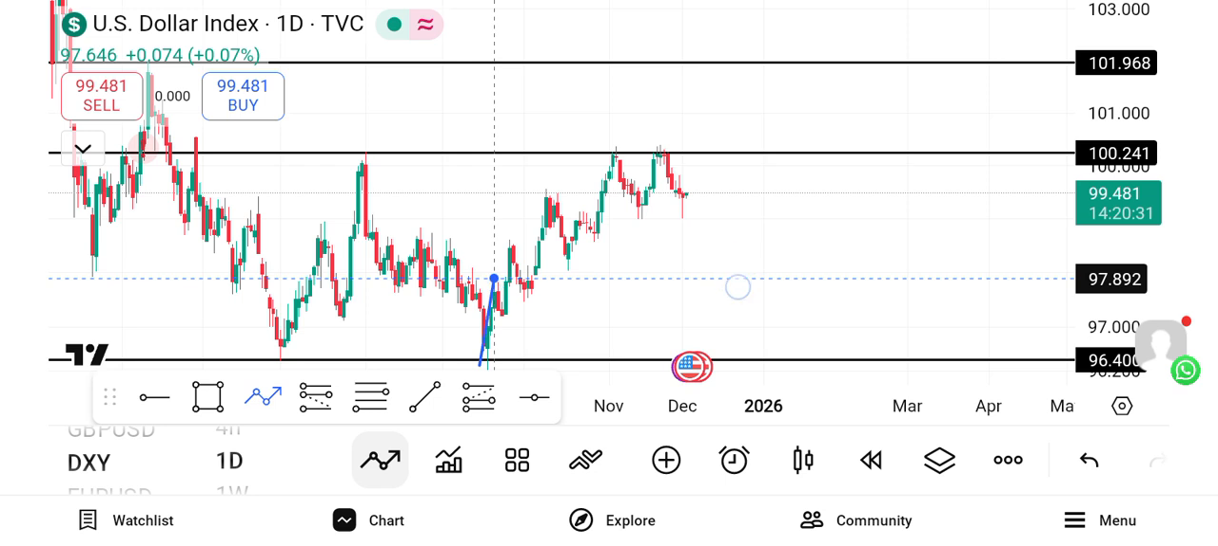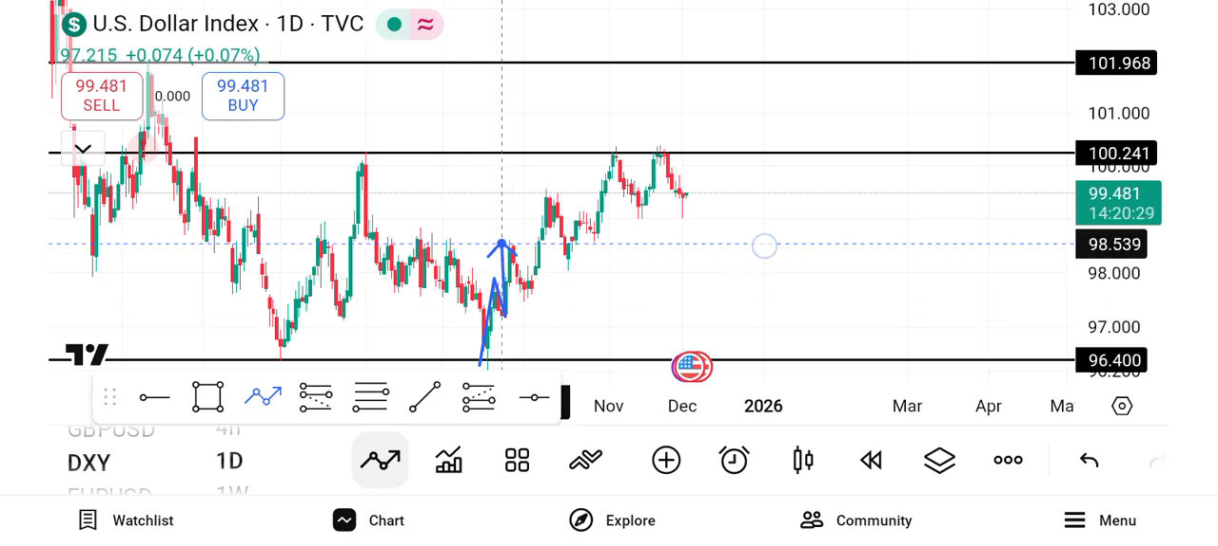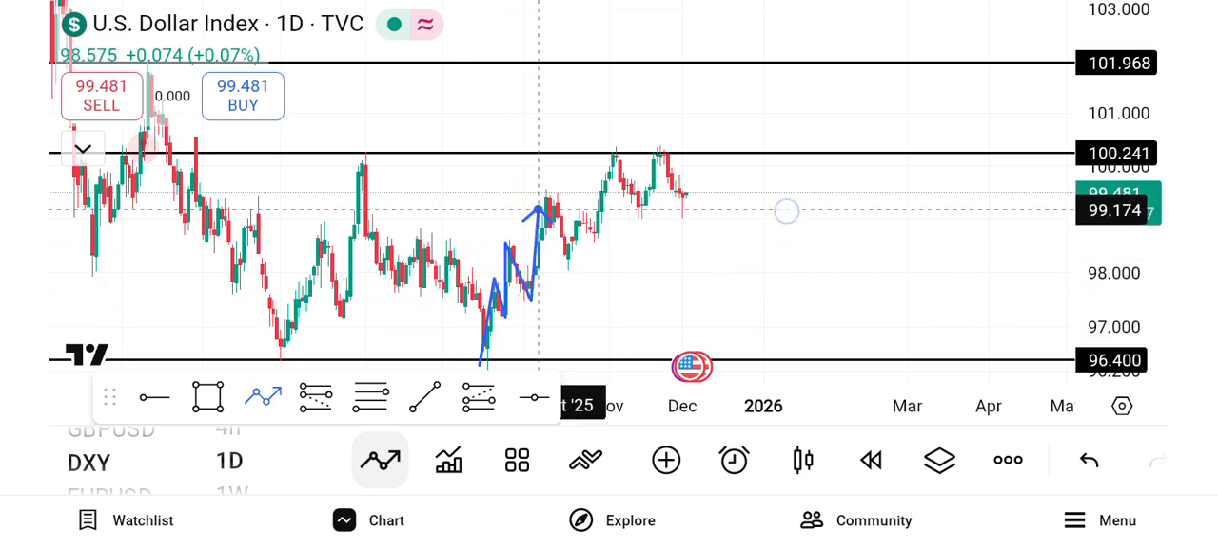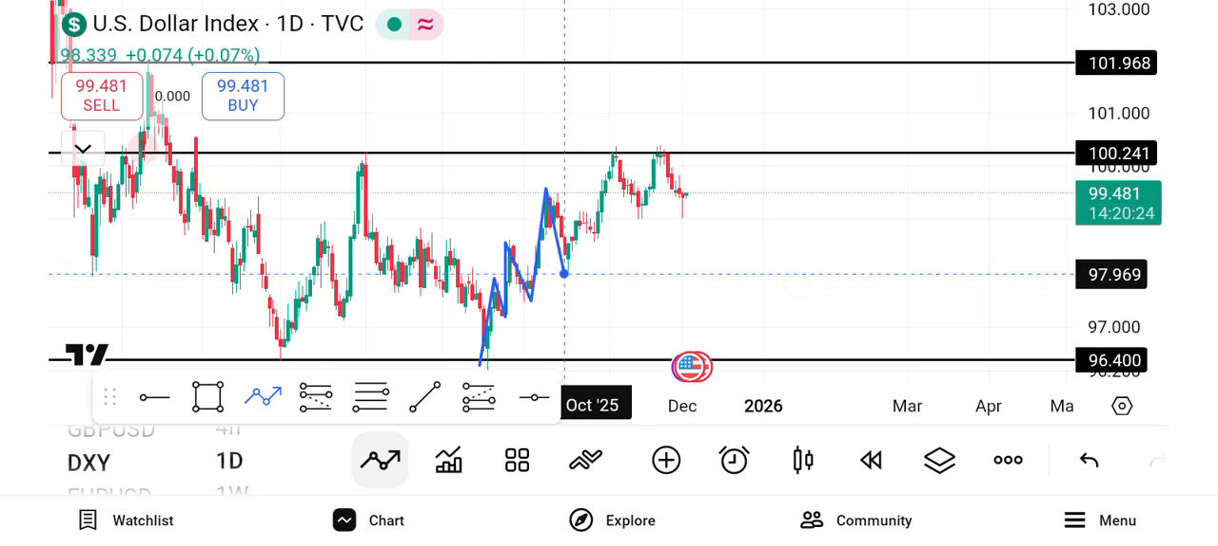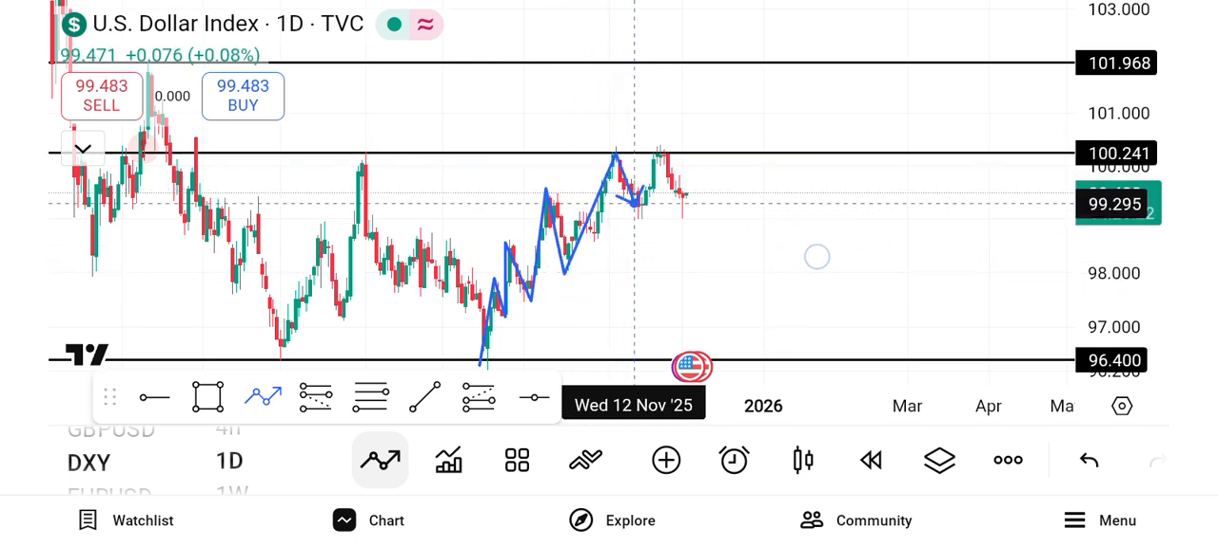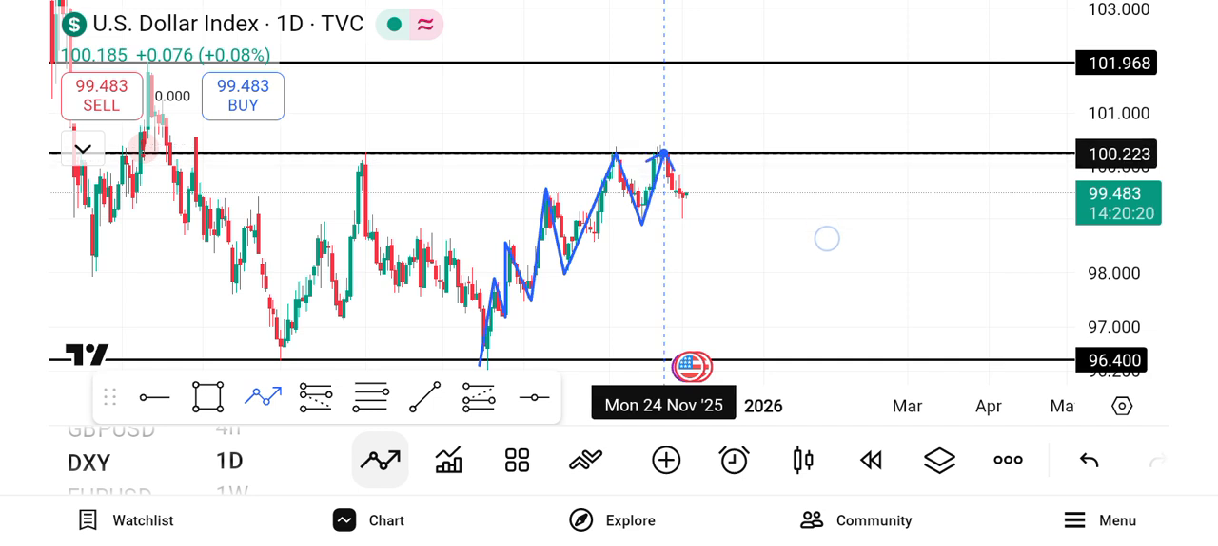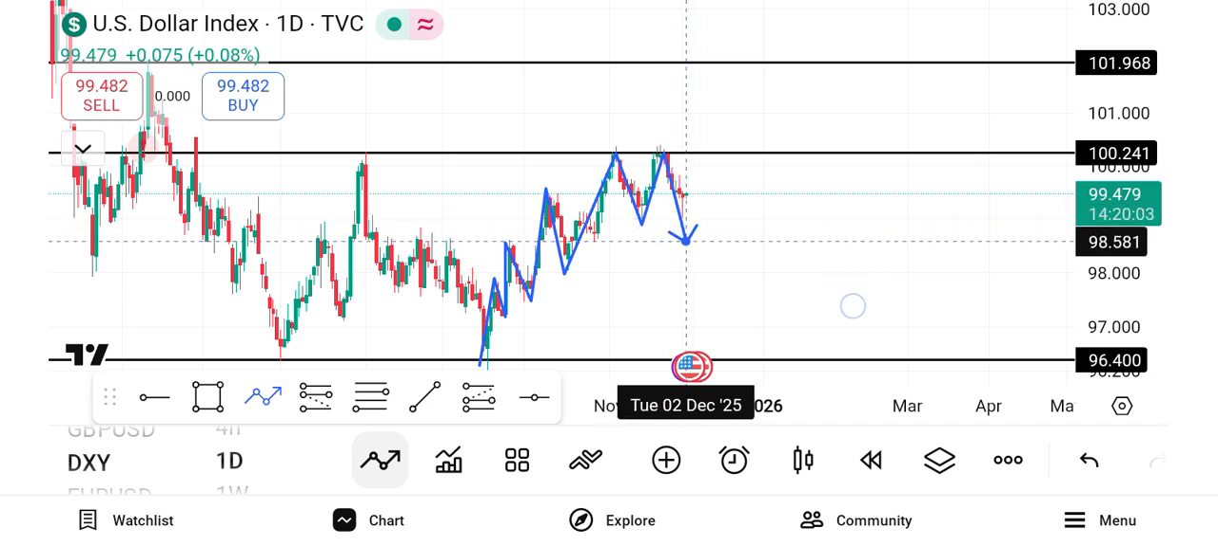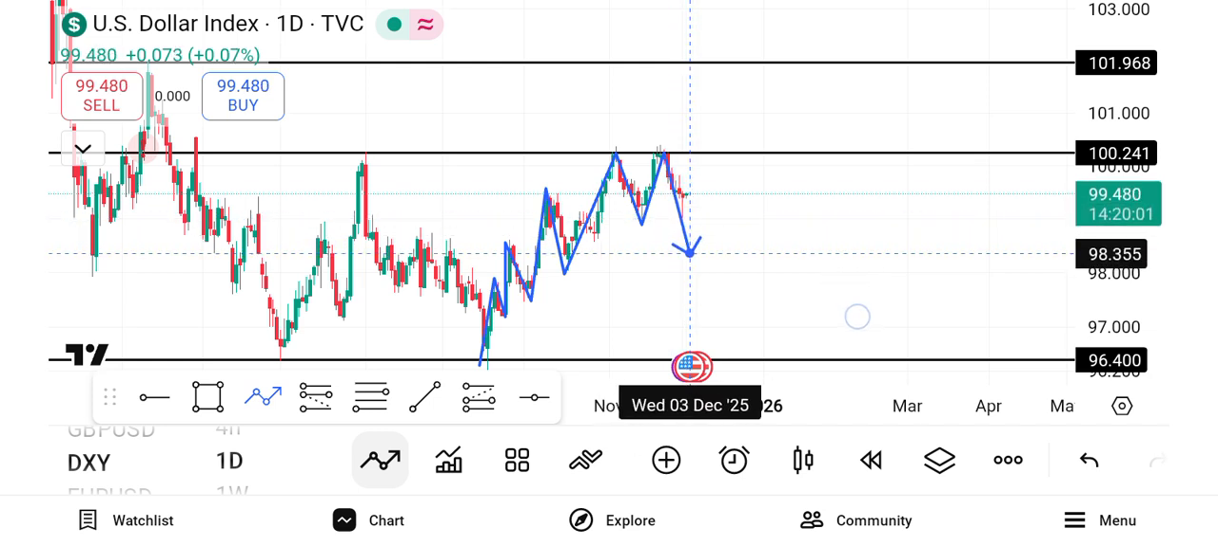You can see higher highs, higher lows, higher highs, higher lows, higher high, higher low, higher high, higher low. Then we have an equal high here. So if the market is unable to give us a higher high, that is one sign of a possible reversal. So we're expecting the market to give us something like a lower low here,